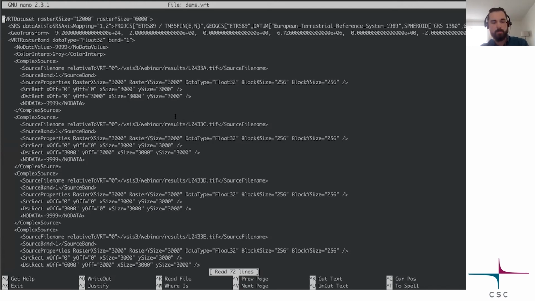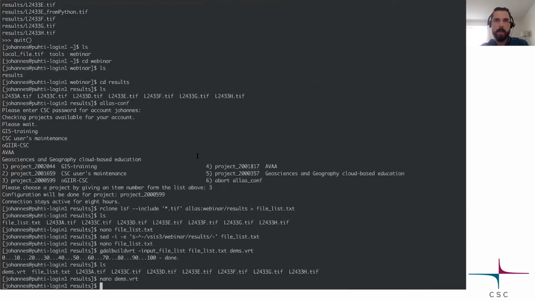So it knows everything about those rasters, and through that it can look at them as one file. So now we can treat that as a single image, which is really handy. If you had thousands or tens of thousands of rasters, you could make them into one virtual raster. So this command, I have these in the slides,